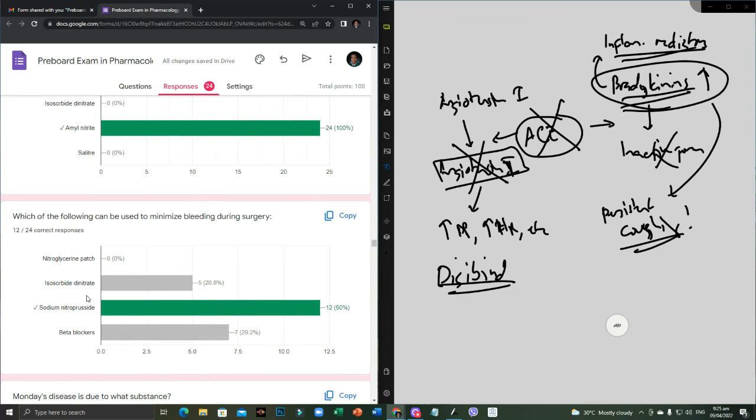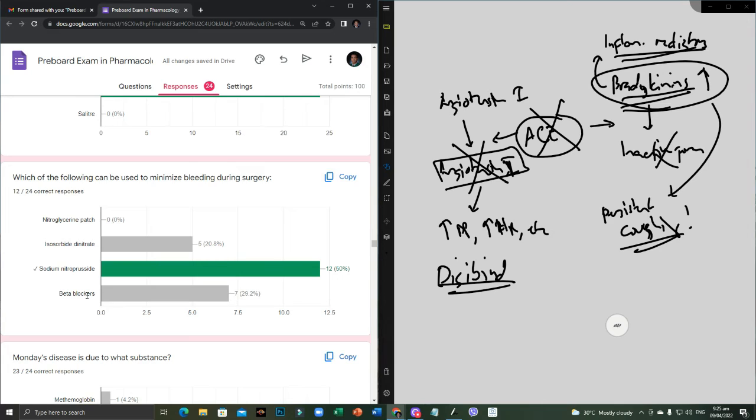Which of the following can be used to minimize bleeding during surgery? So very good. Amongst all of the options here, class, we have sodium nitroprusside because it's given as IV infusions during surgery to minimize bleeding. If you can remember, class, during our discussion, you don't want the blood pressure of a patient undergoing surgery to be high because it's going to cause your patient to bleed out. Right? So you want to manage blood pressure. Normally, class, or nowadays, we use the cardipine drip. Pero wala siya sa option natin, so it's not part of the option. So the next best thing would be to use sodium nitroprusside.